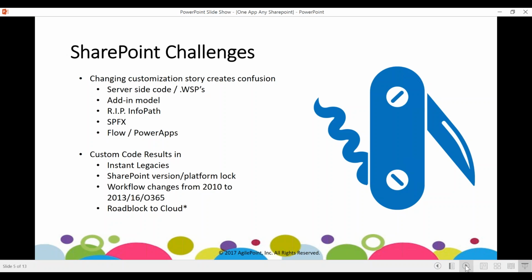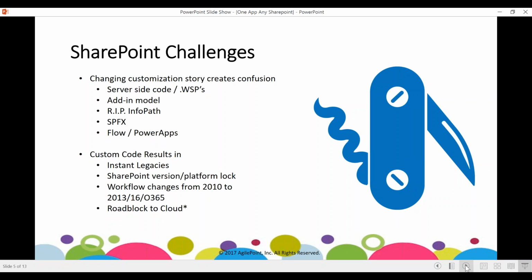But regardless of how you're building these customizations, whether it's a business app, whether it's a dashboard, something like that, there's a few commonalities across all of those. One, we see these solutions resulting in what's called an instant legacy or technical debt. This is a solution that maybe provided business value to the organization for a nominal amount of time before becoming a legacy.